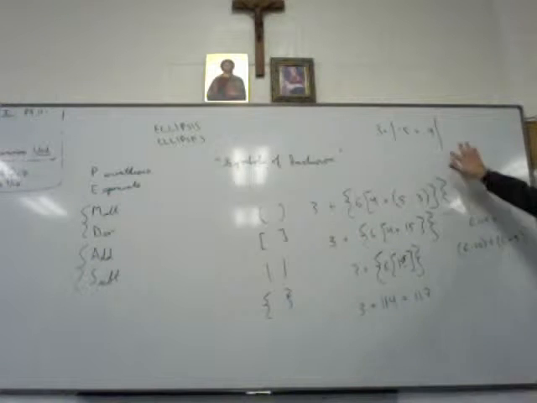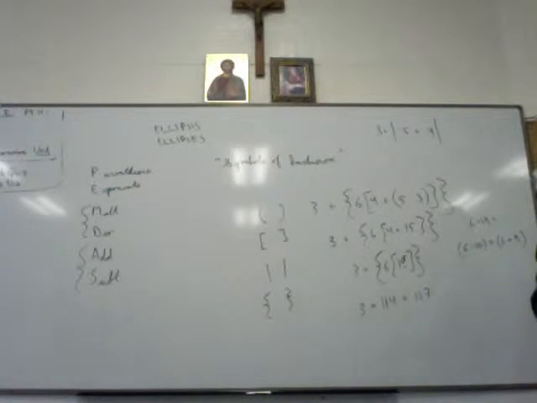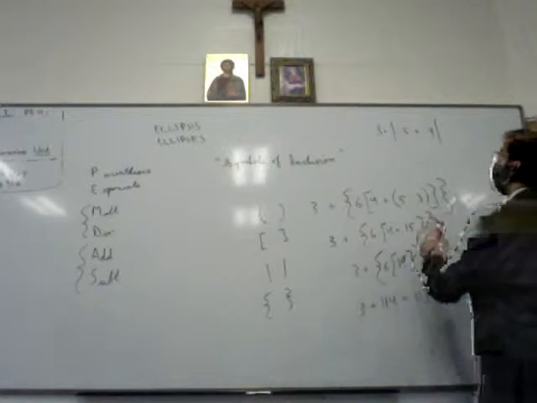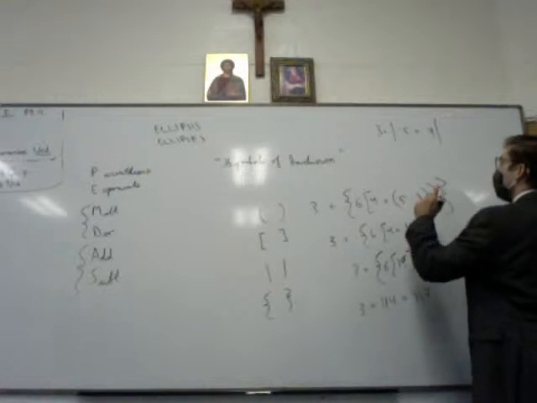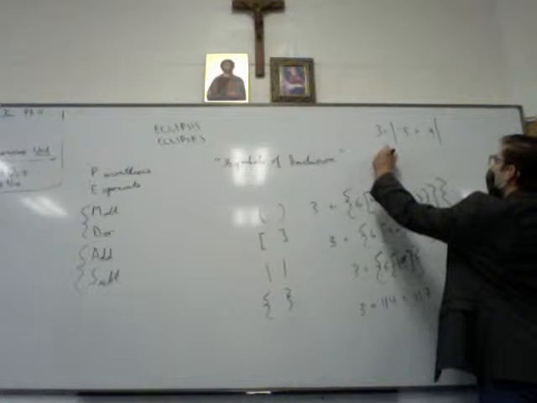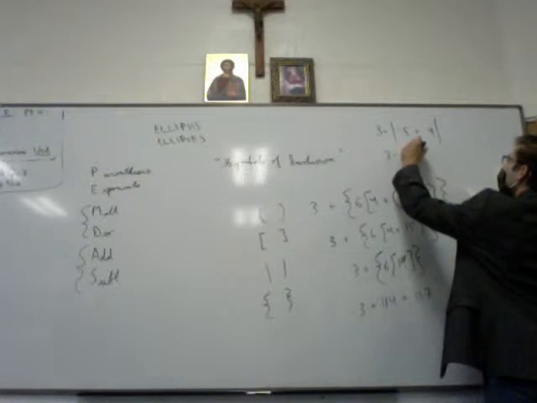What's the first thing that we do if we want to find the value of this? You do the things inside of the pipes. Right, so we're going to do negative 5 plus 4, which we get negative 1. Okay, so 3 times, inside the pipes, negative 1.